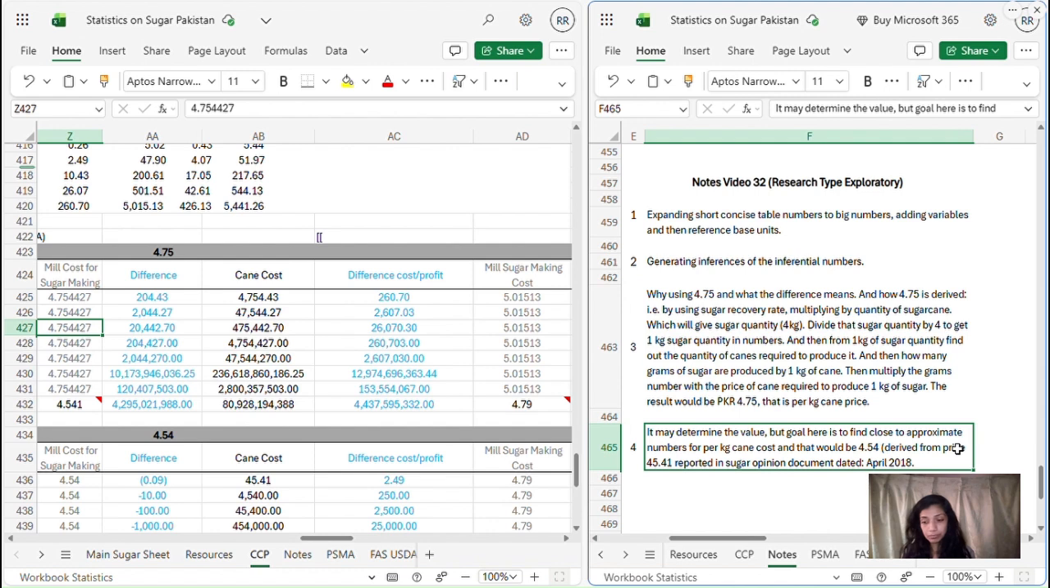And that is point number 3 that we have just discussed, and now we are going to point number 4. It may determine the value, but the goal here is to find close to approximate numbers for per kg cane cost. That would be 4.54, derived from the price 4.45, reported in the sugar opinion document dated